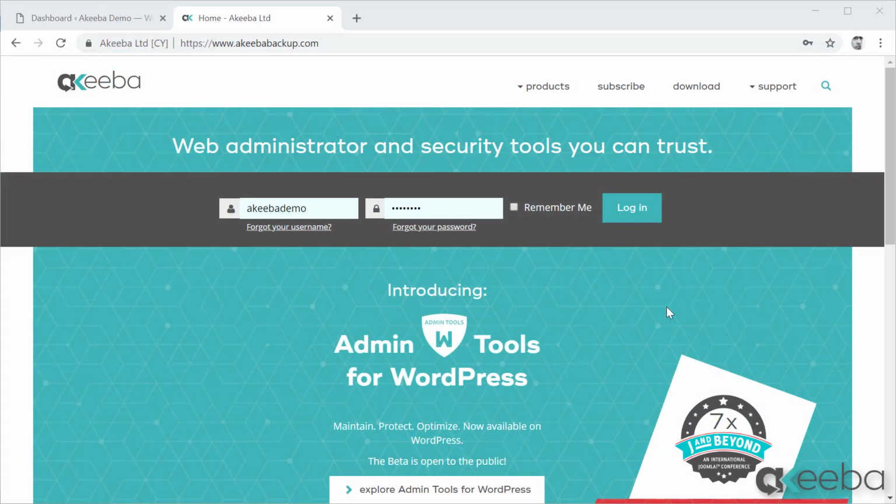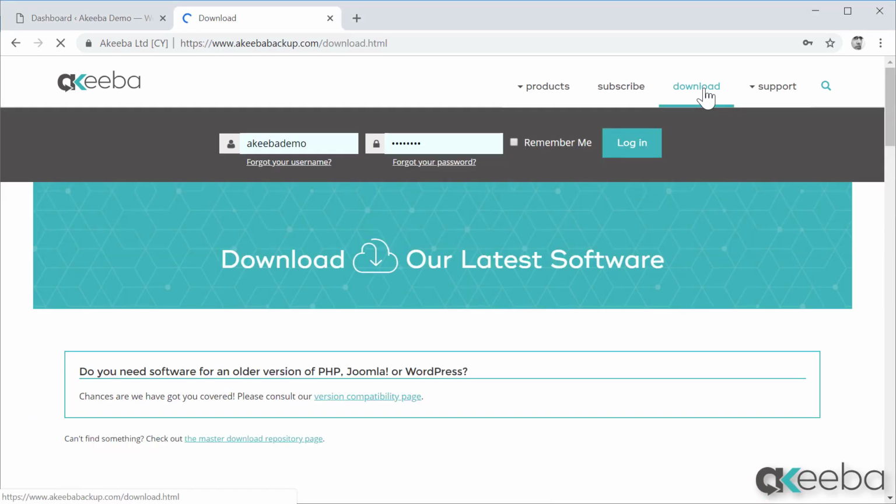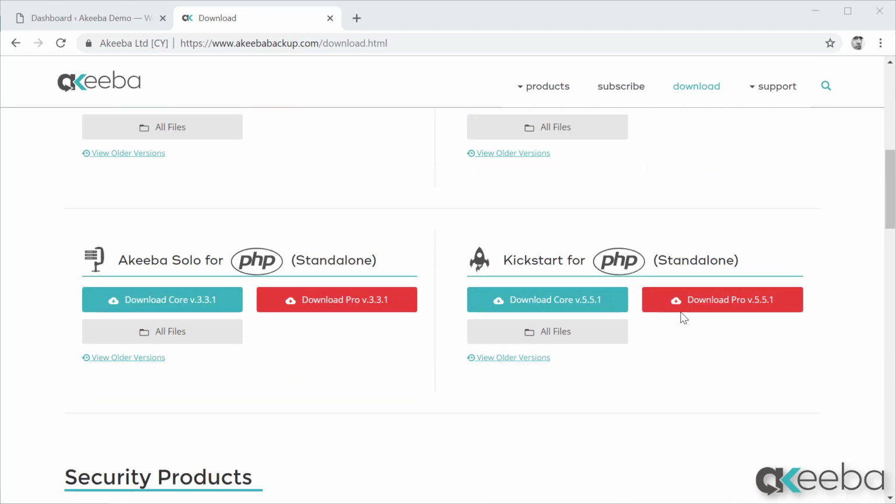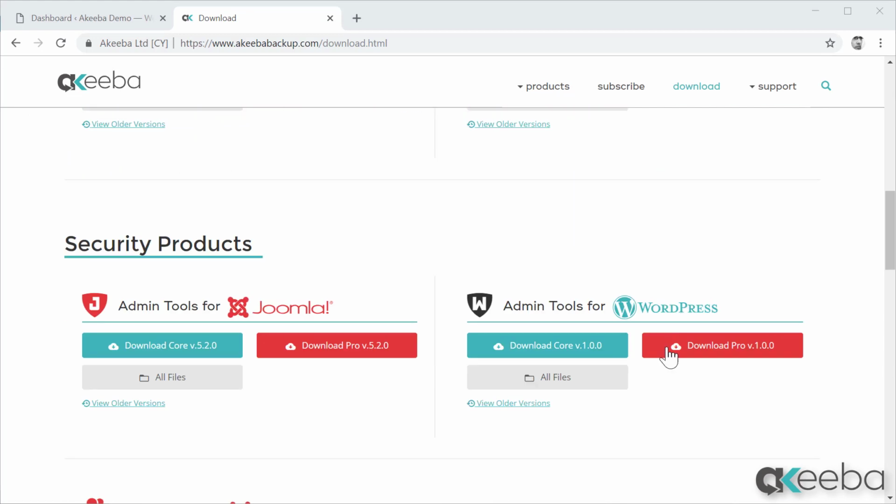Admin Tools from Akiba installs like any WordPress plugin. To begin, go to the akibabackup.com website and click on the download link. If you have subscribed to the professional version, please make sure that you log in first. Now, if you scroll down past the backup products to the security products, you'll see the link to download Admin